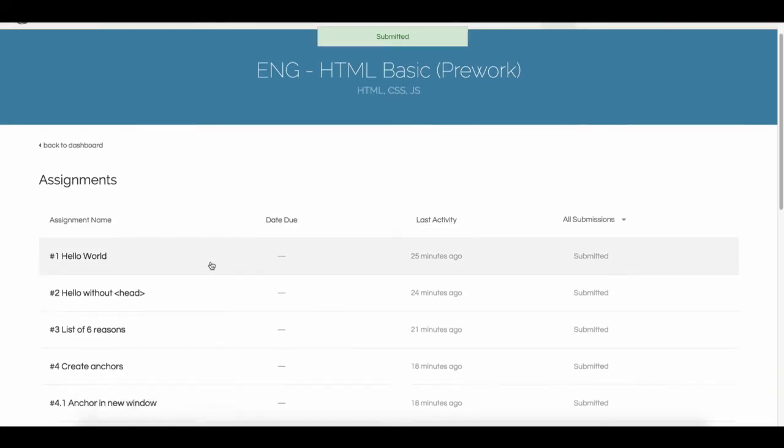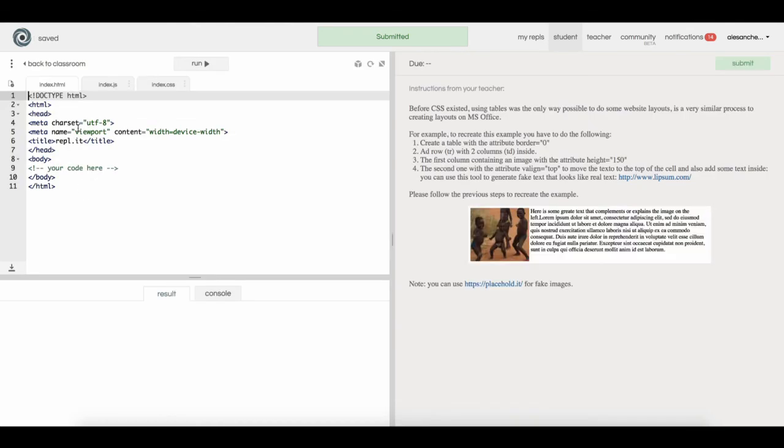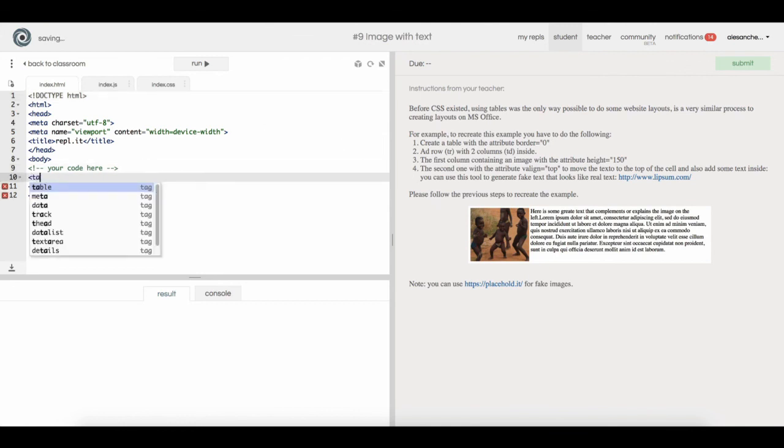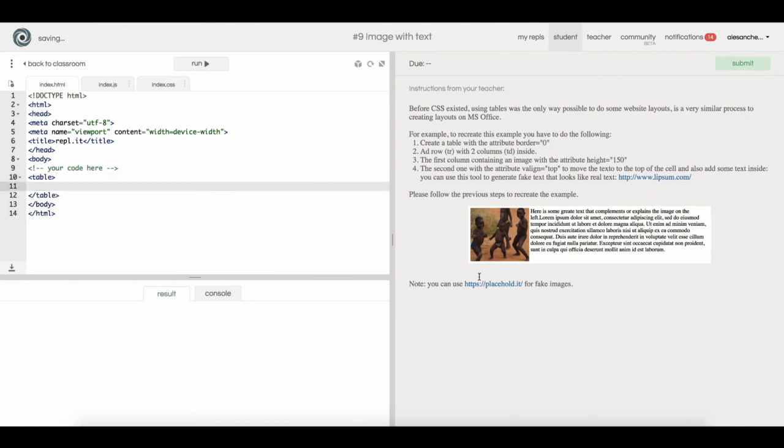And submit, and I think we only have now an image with some text. It says, before CSS existed, using tables was the only way possible to do some layouts. It's a very similar process to creating layouts on Microsoft Office. So for that, we'll need to again add a table to create this image and text without using styles, and then it will be like one row with 2 columns, right? So tr, td, and then another td. In the first td I put the image,